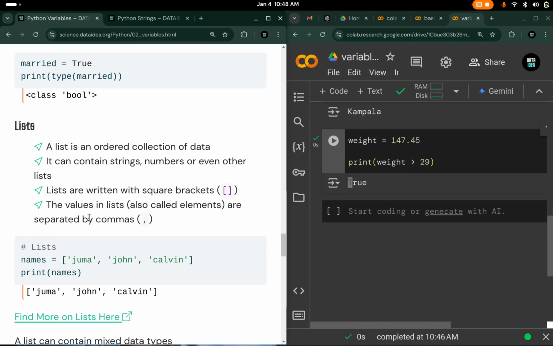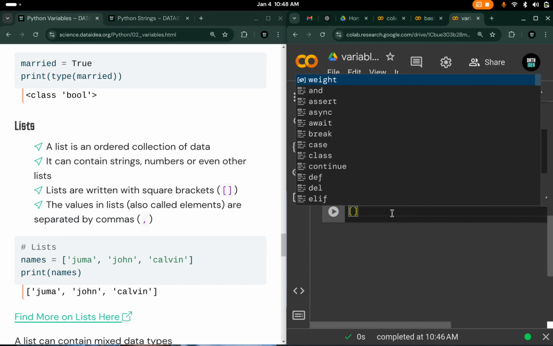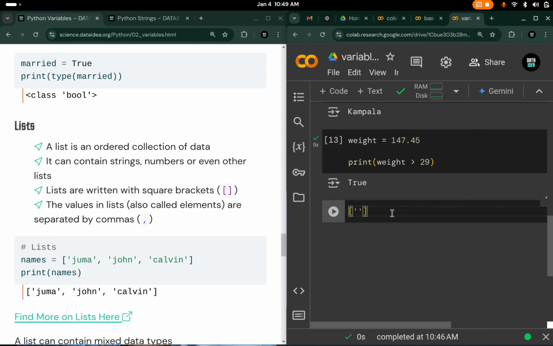So to bring up the definition, a list is an ordered collection of data. It can contain strings, numbers, and can even contain other lists. And the way we write lists is we use square brackets. So for example, we can just open square brackets like this, and we can add in here names of people or names of cities. In this example here, I am having names of people, but here I can use names of cities like Kampala